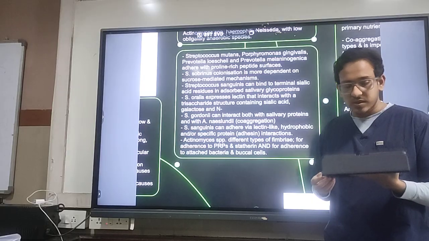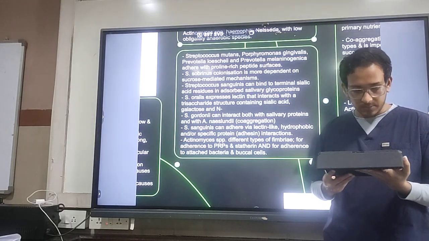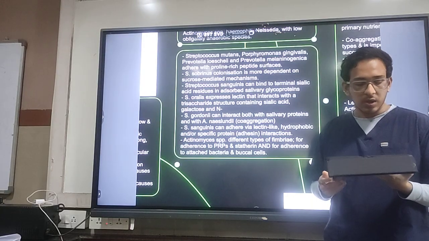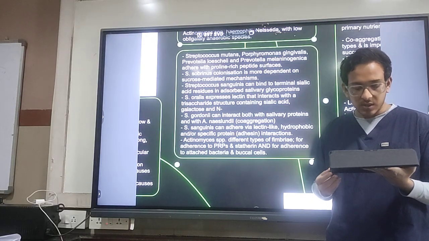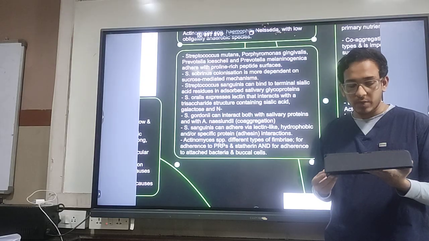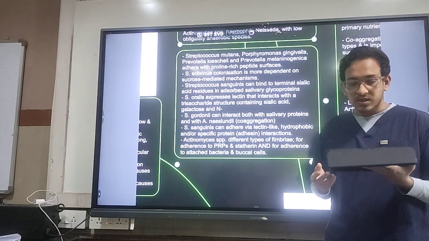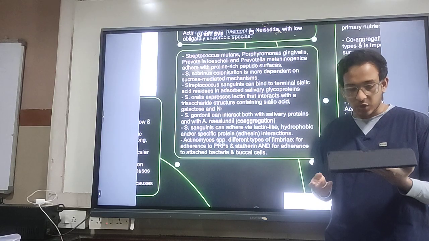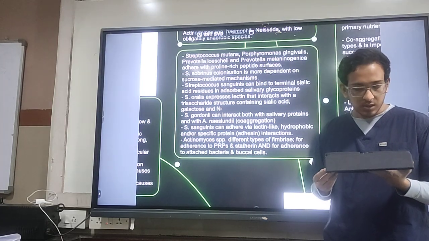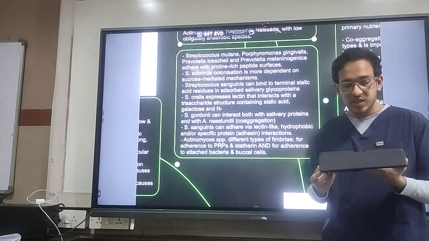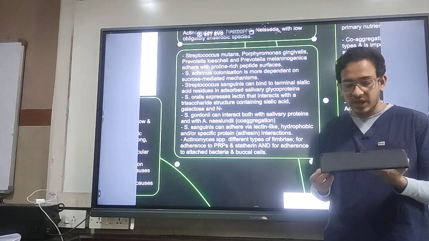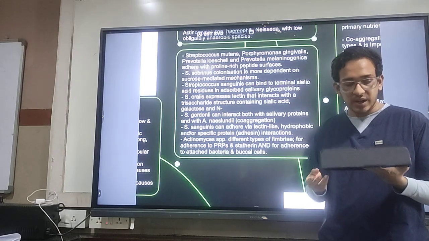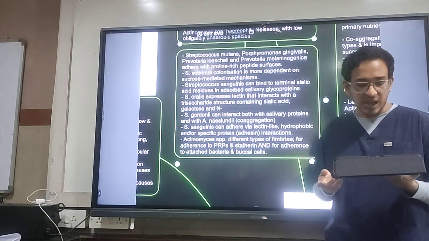Streptococcus sobrinus colonization is more dependent on the sucrose mediated mechanism. Streptococcus sanguinis can bind to terminal sialic acid residues in adsorbed salivary glycoproteins. Streptococcus oralis expresses a lectin that interacts with a trisaccharide structure containing sialic acid